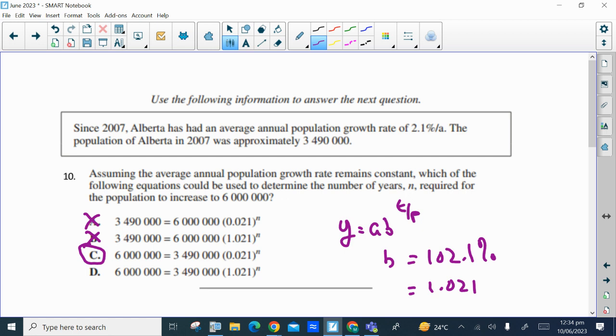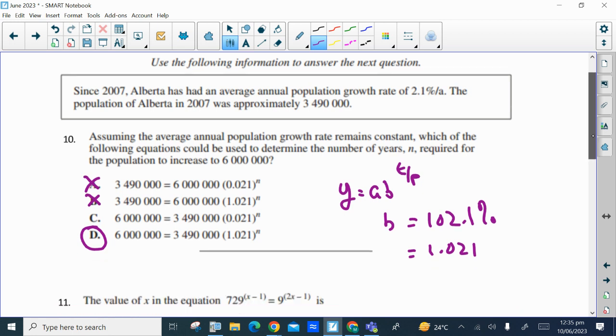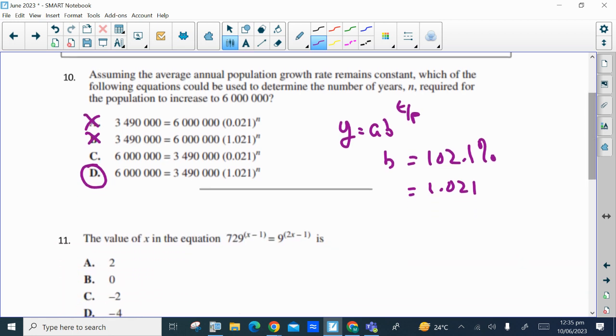B is the growth rate. The population is increasing at 2.1%, which means you're going to have 100% plus, whoops, I'm sorry, I circled the wrong one. I did. You're going to have 100% plus 2.1% more. Just checking to see if you guys are paying attention. I also got distracted because we didn't have a concert playing out there anymore. So,